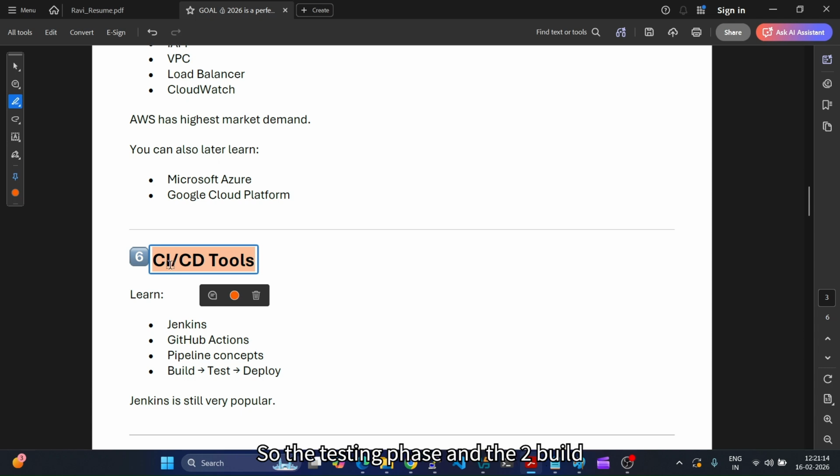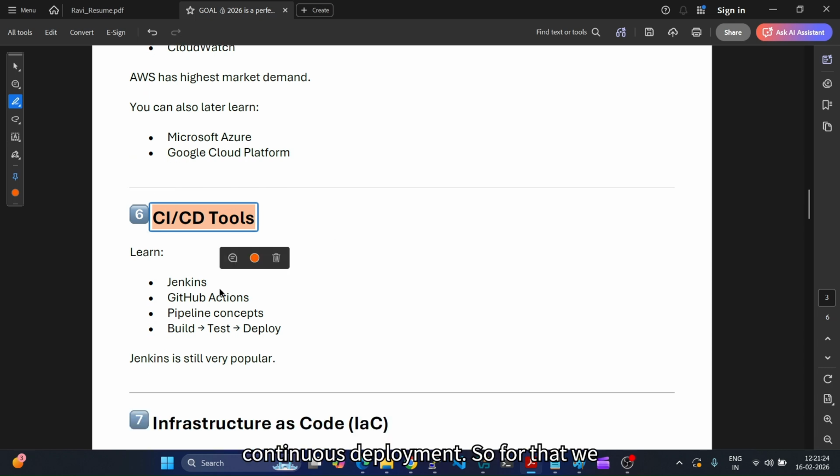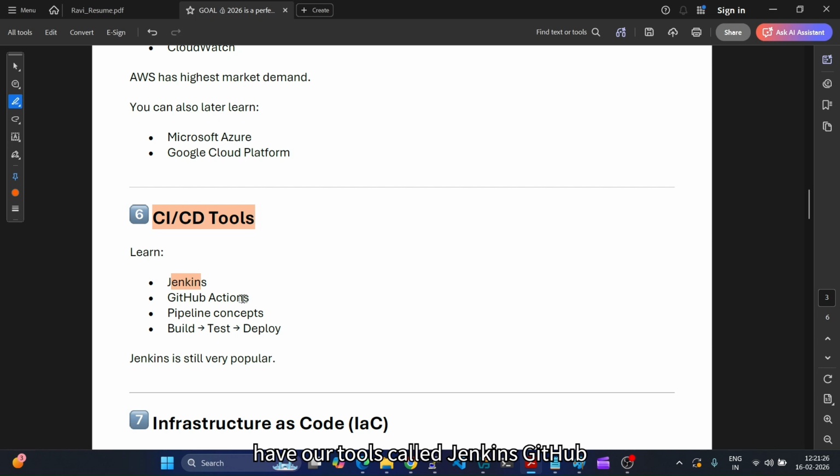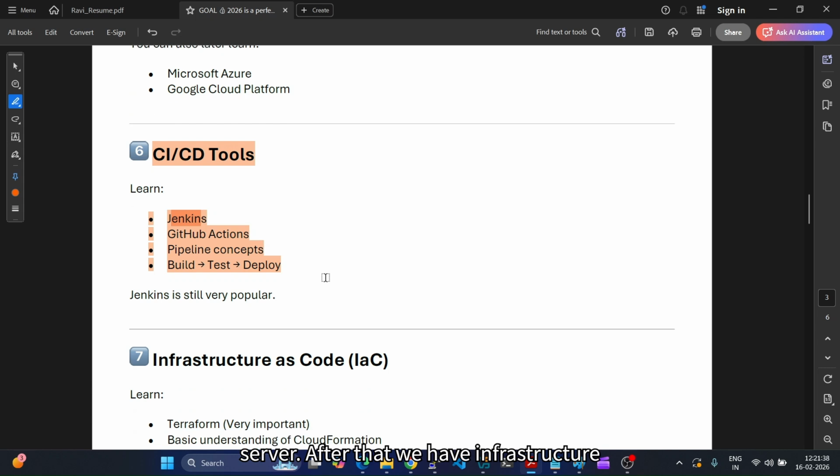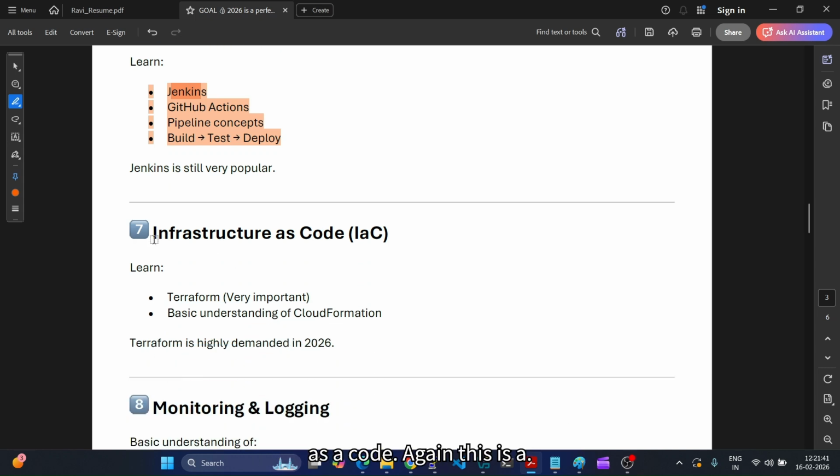So the testing phase and the build phase are part of continuous integration, and the deployment phase is part of continuous deployment. For that we have tools called Jenkins and GitHub Actions, and in that we will again perform these tasks, how we can automate the process from a developer pushing the changes to deploying the code onto the server.